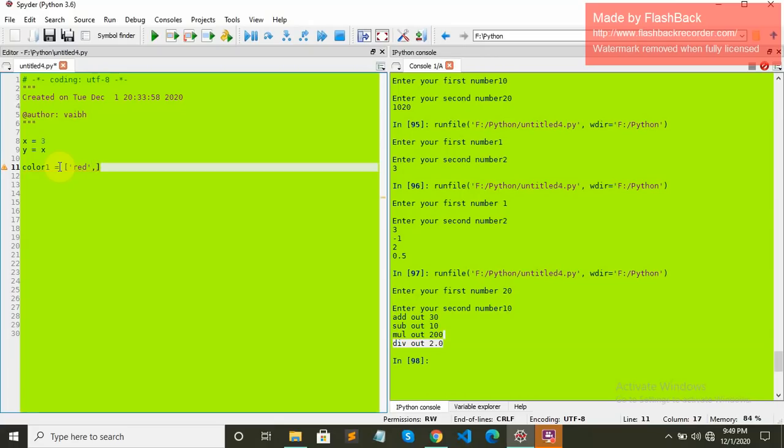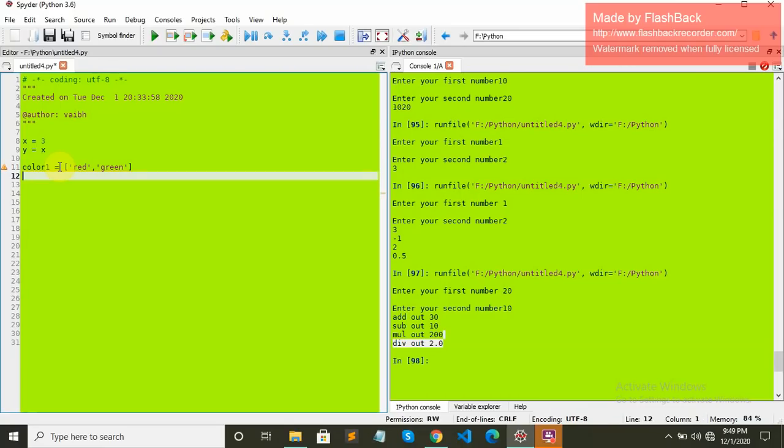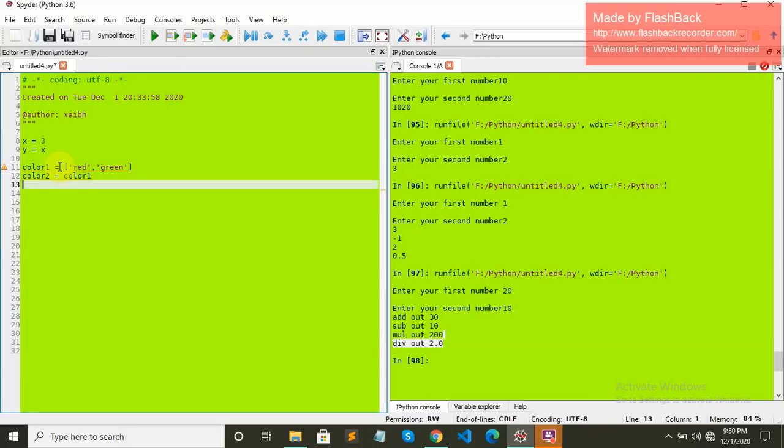Color1 equals red and green, and then we have color2, let's take it equal to color1. Then color2 equals rogue, and let's have another color, I like word.